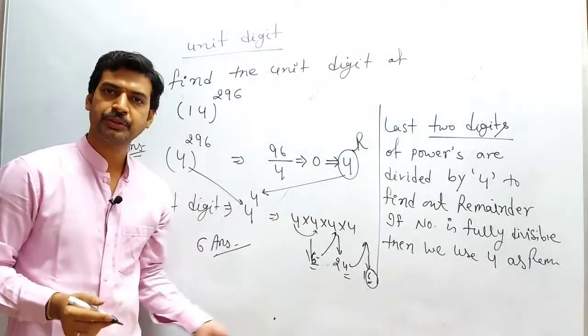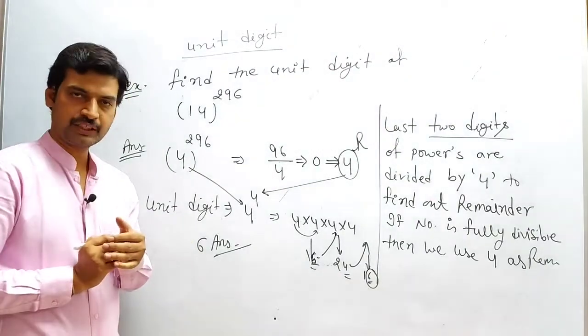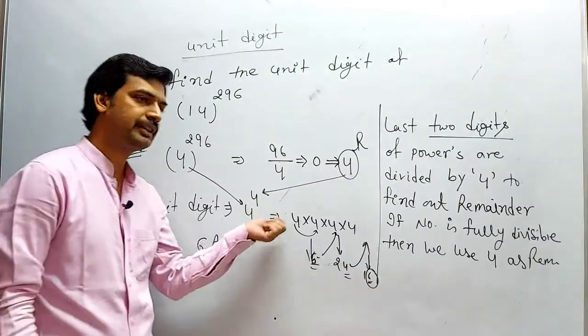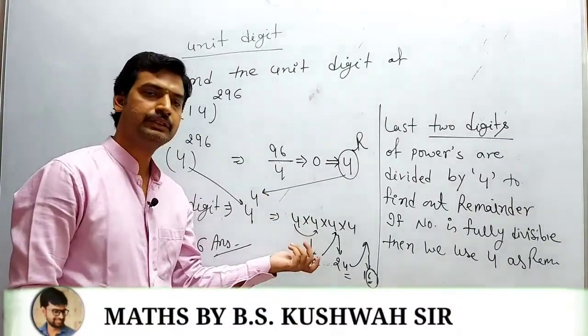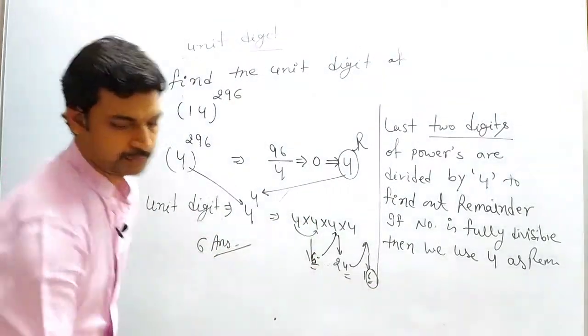Use the first process of unit digit. You need not find out the exact value of 4 raised to 4. Just multiply each with the other. If you are getting a 2-digit number, leave the other digit. Only use the unit digit. Clear? We'll take one more example.